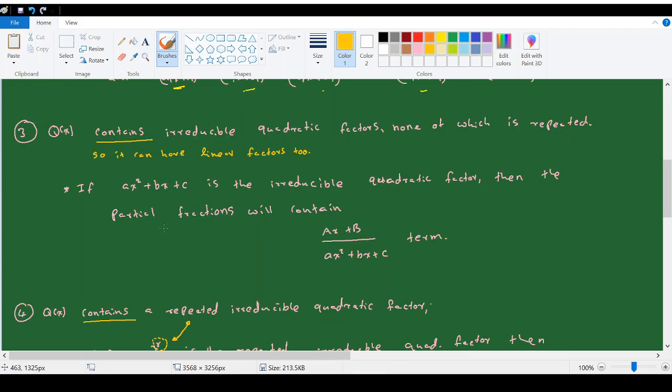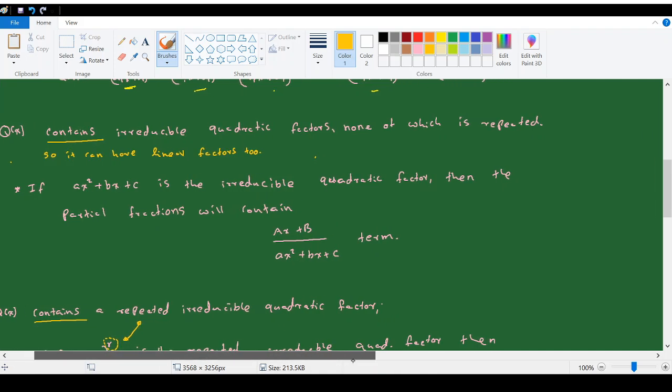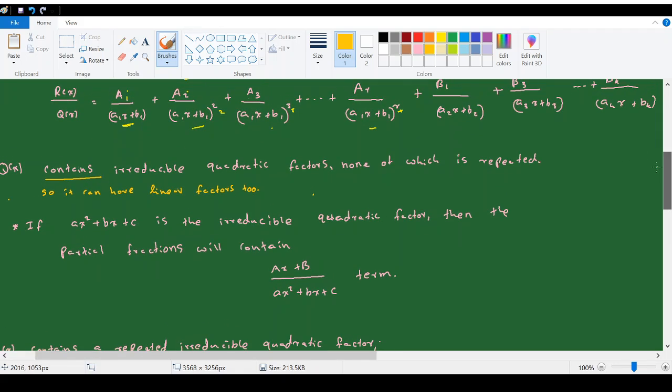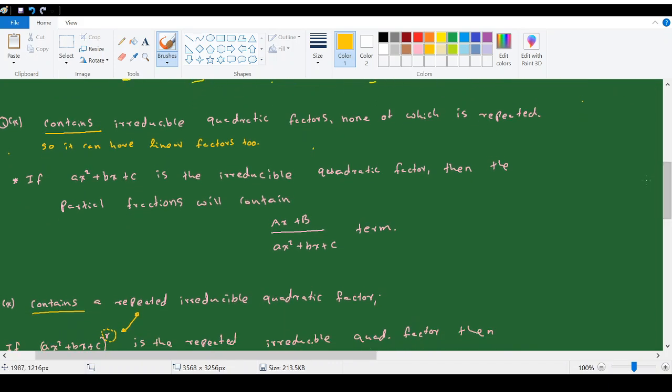In the third category, it says Qx contains an irreducible quadratic factor. Now, when it says Qx contains an irreducible quadratic factor, it doesn't mean that it doesn't have any linear factors. So it can have linear factors. If it has linear factors, for those linear factors, we should deal with respect to the first two categories. I will explain it with an example. Now let's consider